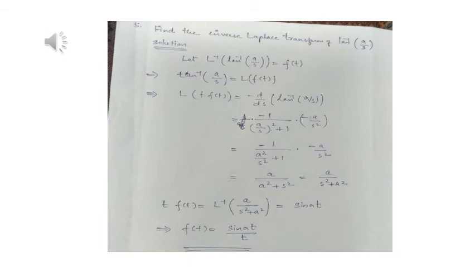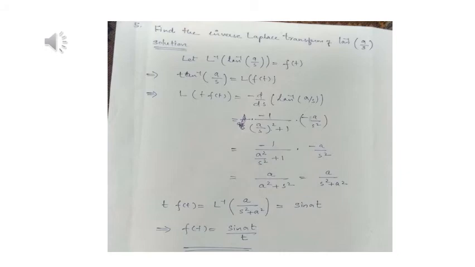So that is tan inverse x, we know the derivative is 1 by 1 plus x square. So here it is tan inverse a by s, that means minus into 1 by 1 plus a by s the whole square, written as a by s the whole square plus 1, then into the derivative of a by s, that is minus a by s square, quotient rule. So the final answer is a by a square plus s square.